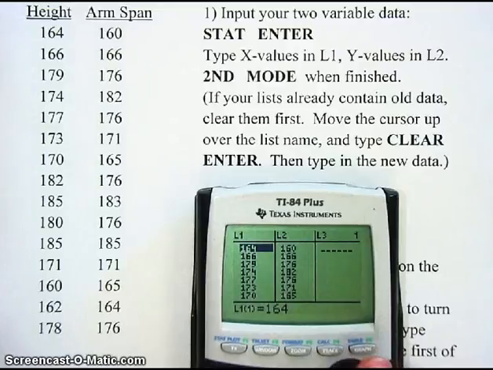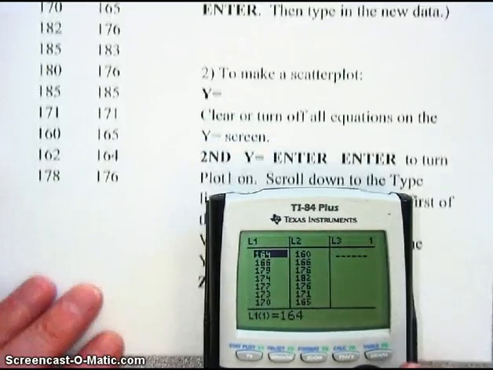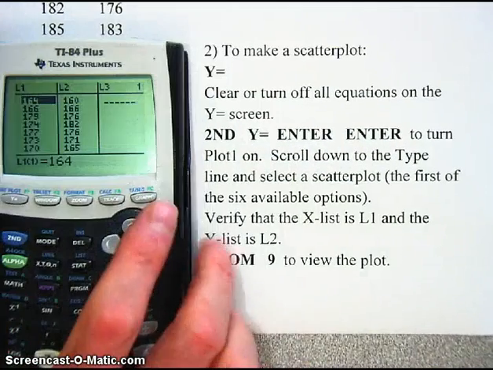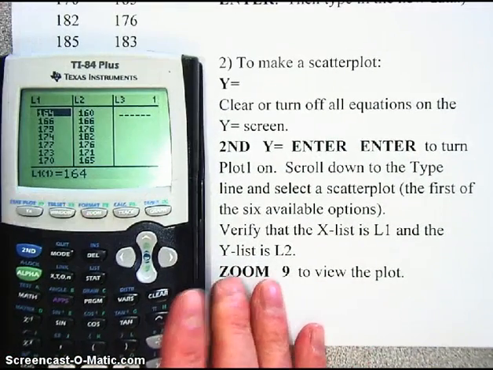You can store your lists in your calculator, and if you want to keep the data that you already have in there and not lose it, you can store it as a list, and then it'll be saved in your calculator's memory. Okay, to make a scatter plot of these data, what we're going to do is, first thing you do is